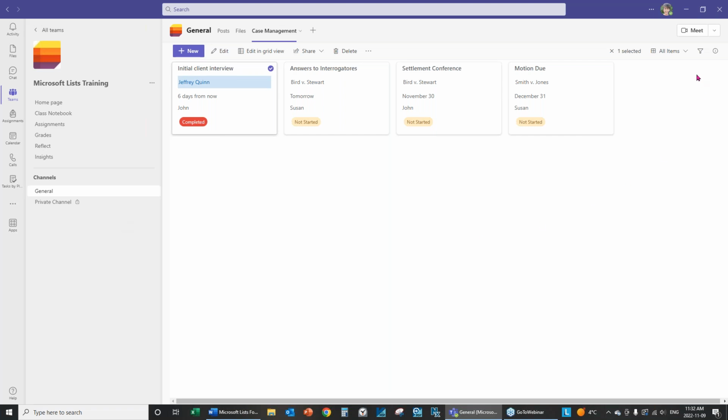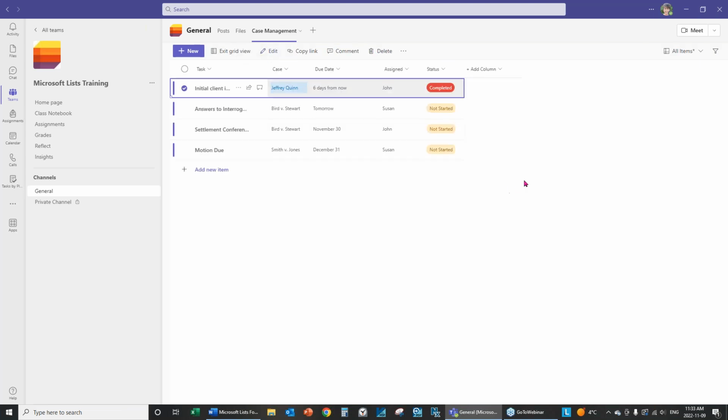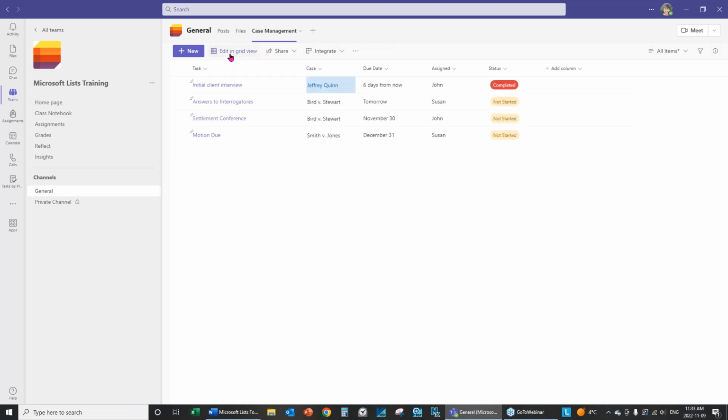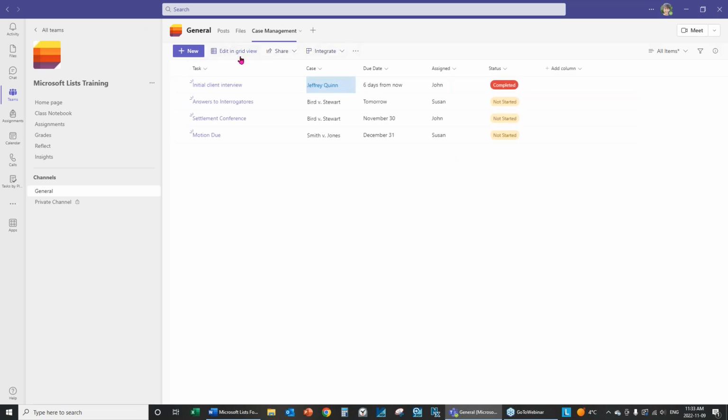Okay, so from here now I'm going to change my view back to list. And now the other feature I want to show you, and I'll just get you to notice that at the top of my screen here, I now have edit and grid view available. I'm actually going to click on that. So it just goes back to showing me my grid. And then I'm going to exit it. So what I want you to see now at the top is it's got edit and grid view, share, and